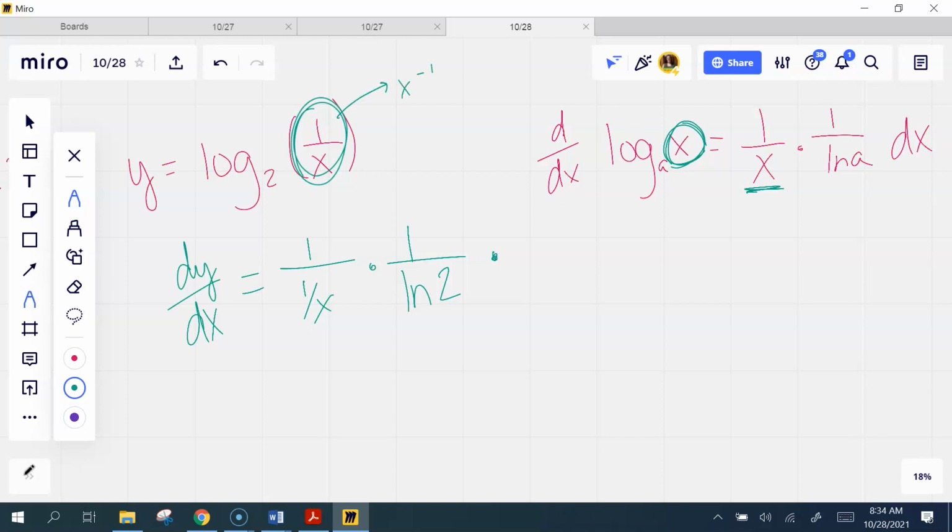What's the derivative of x to the negative 1? Well, it's negative x to the